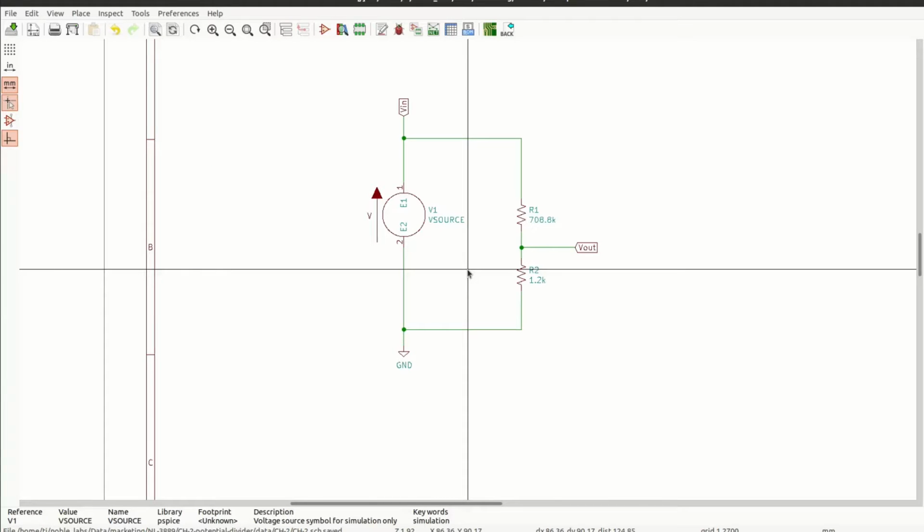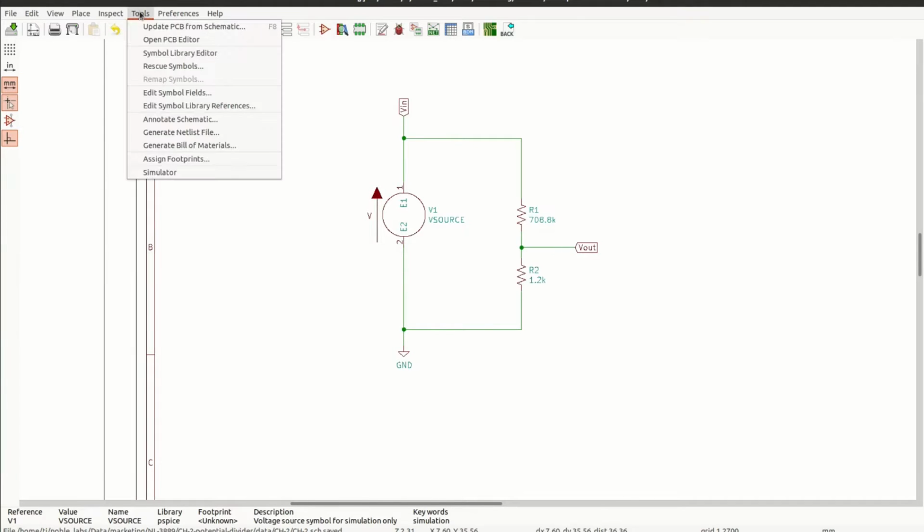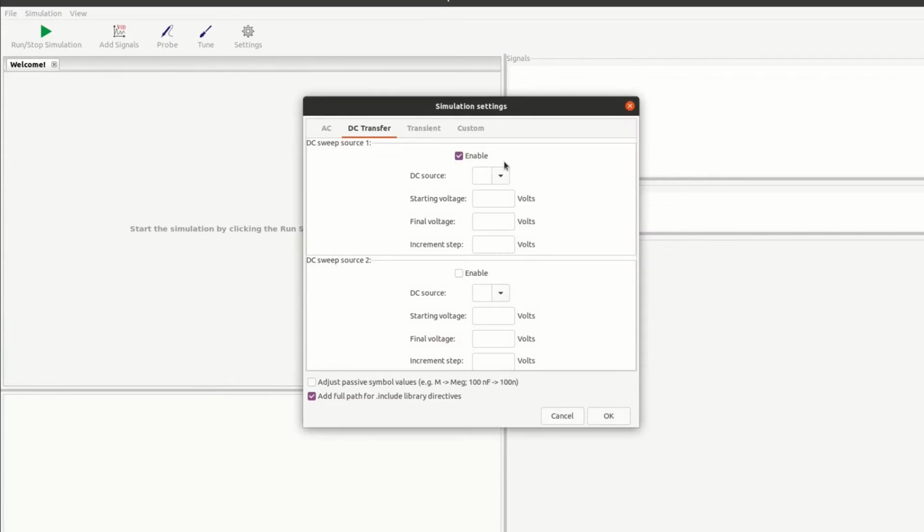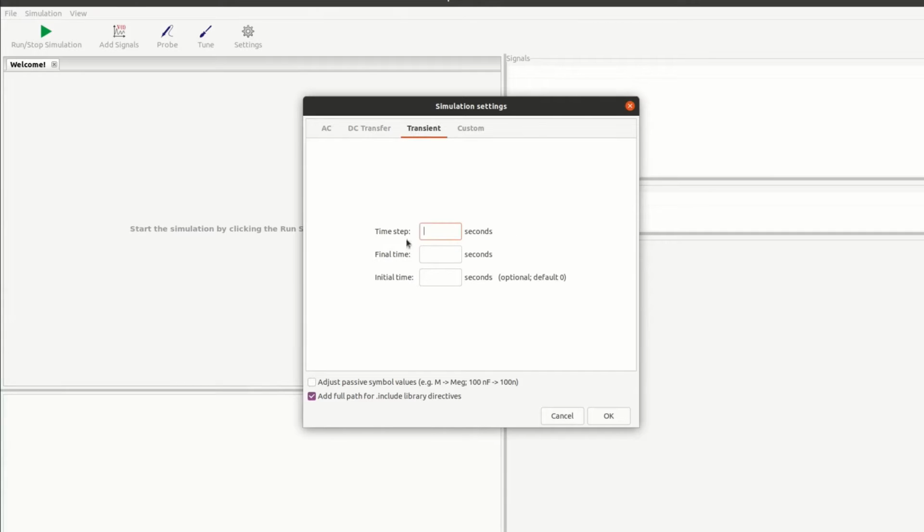Okay, now just go to the tool menu and press simulator. Here is the simulator, and this is the KiCad simulator. Go to settings and go to transient. Time step is 1 millisecond.